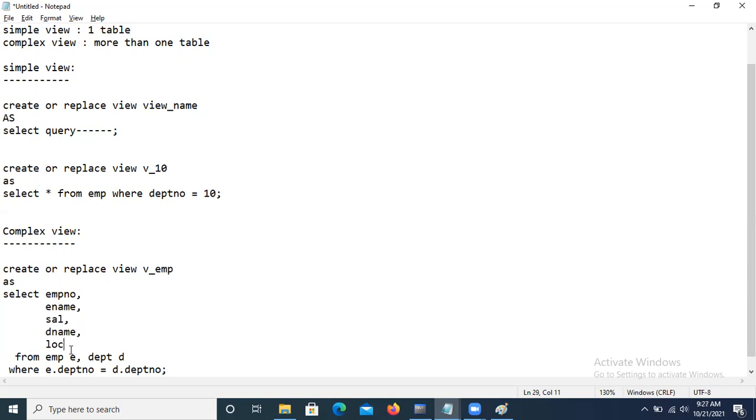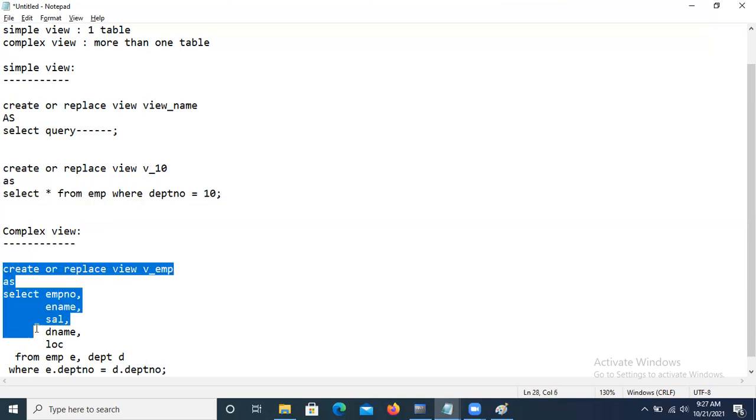Whenever you use aggregate functions in the select query of the complex view, at that time we cannot update the view. Otherwise we can update the view, delete from the view, and insert data into the view. A simple view we can insert into directly, but in a complex view we cannot insert the data,